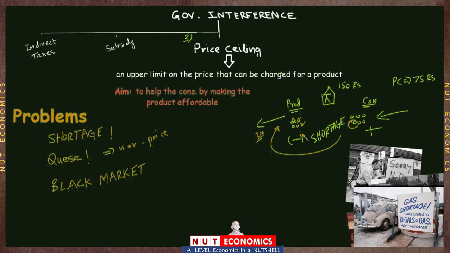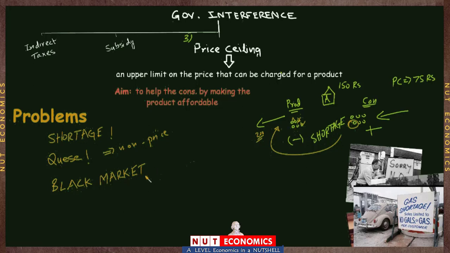But in this black market that has been created, when the supply is even less than what it used to be, who is getting hold of this supply? The rich people who can offer illegally a very high price, or perhaps the influential people or people who have a lot of connections, so they can somehow reserve this limited supply for themselves,